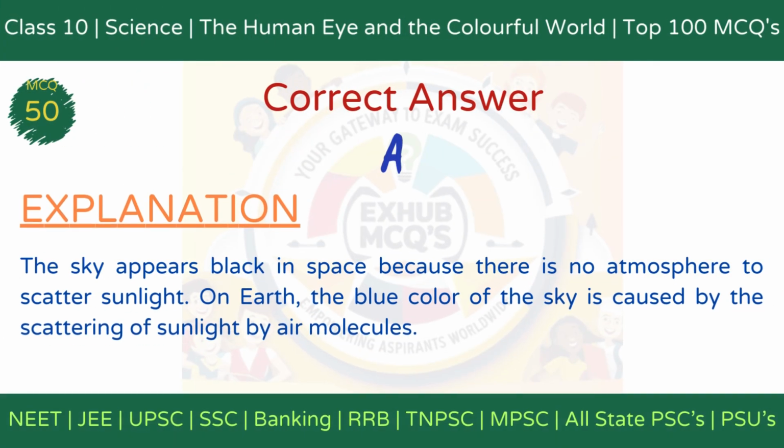The correct answer is option B, no scattering in space. Explanation. The sky appears black in space because there is no atmosphere to scatter sunlight. On Earth, scattering by air molecules gives the sky its blue color, but this phenomenon is absent in the vacuum